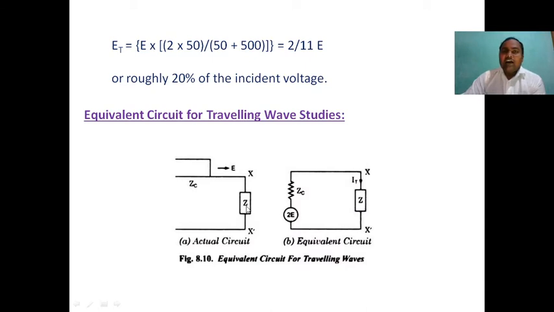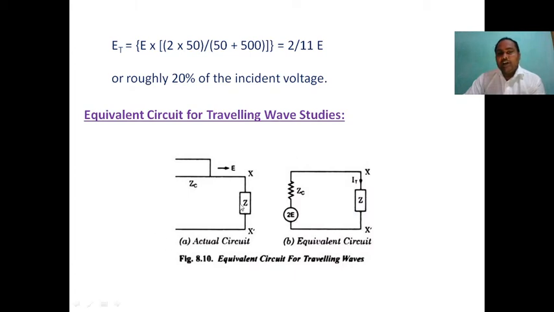So what is the Thevenin's resistance? The Thevenin's resistance is found where we open the load, and from that onwards we find the Thevenin's resistance. If you remove the load impedance, we have only one impedance, that is the characteristic impedance. So the Thevenin voltage is 2E, Thevenin resistance is ZC. The load impedance, we already know, is Z. So how can you calculate it? The Thevenin's voltage 2E by Z plus ZC simply.